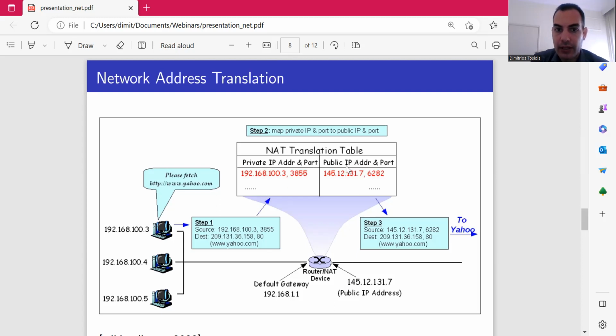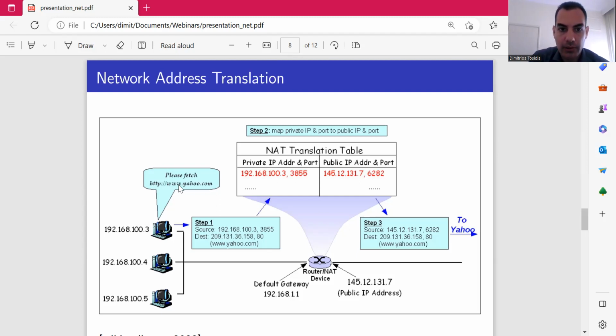So we have some kind of network address translation. So we get the translation here of the network addresses. As you can see here again, we have these devices. And this time we may have a LAN that is described by 192.168.100, and after that there are these IPs for every device. And this, for example, this device wants to fetch this